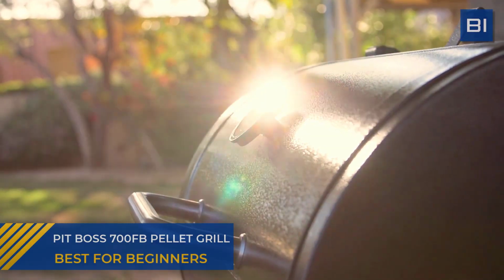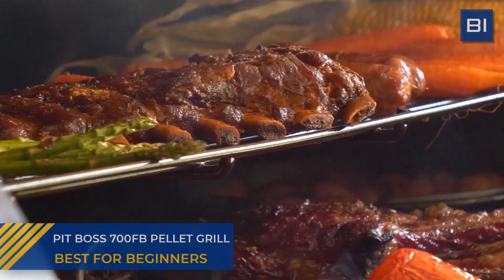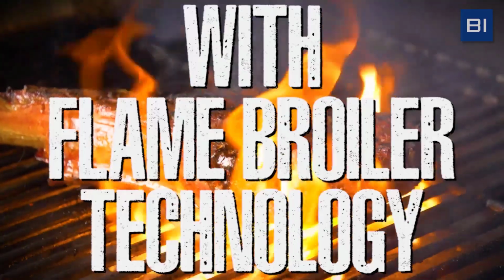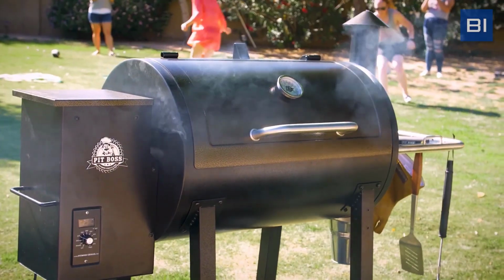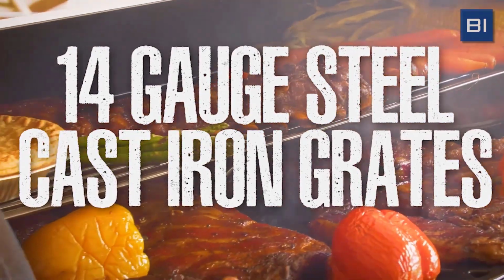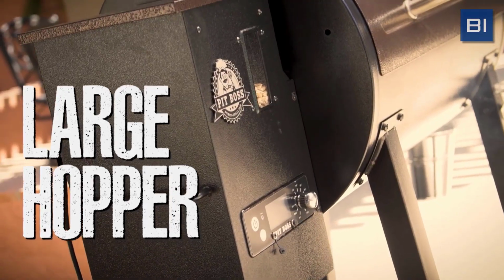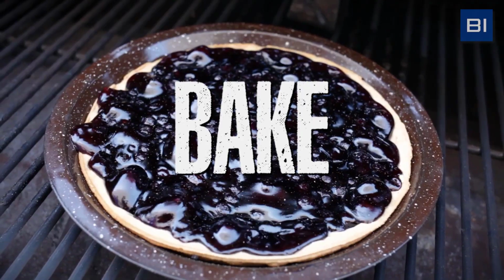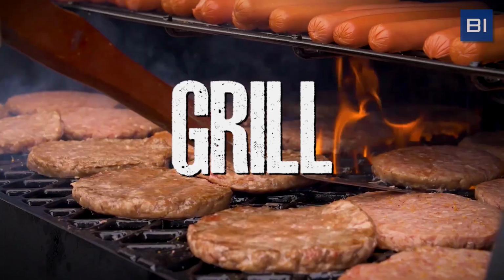Next on our list as the best pellet grill for beginners is the Pit Boss 700FB. The Pit Boss 700FB wood pellet grill is a best-in-class grilling experience designed to deliver unrivaled, restaurant-quality flavor to your home-cooked meals for the best value. Using advanced technology, premium craftsmanship, and 100% all-natural hardwood pellet fuel, Pit Boss is the bigger, hotter, heavier way to grill. The PB700FB offers 8-in-1 cooking versatility, allowing you to smoke, bake, braise, roast, grill, barbecue, char grill, and sear